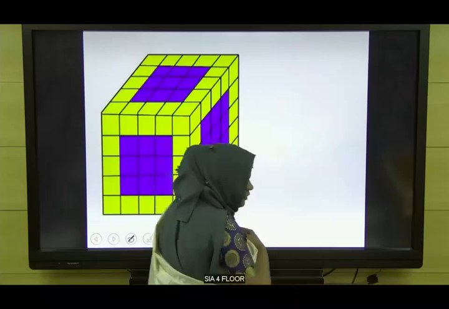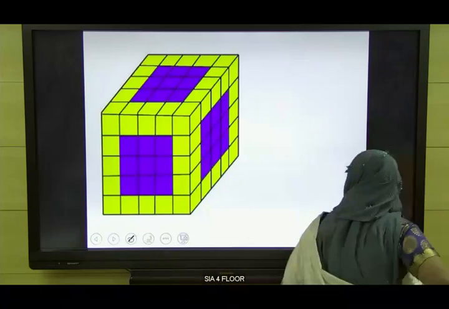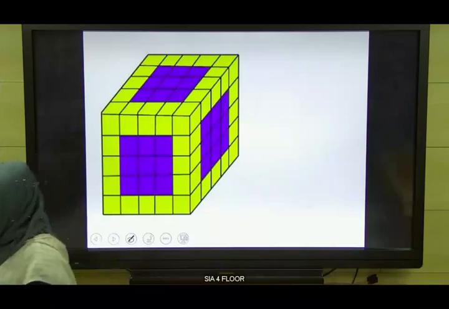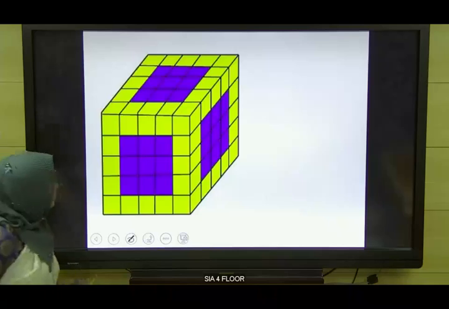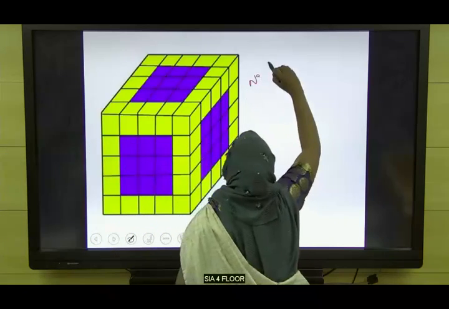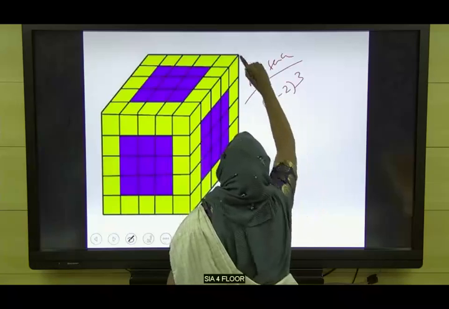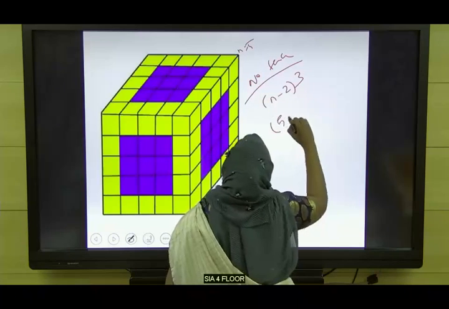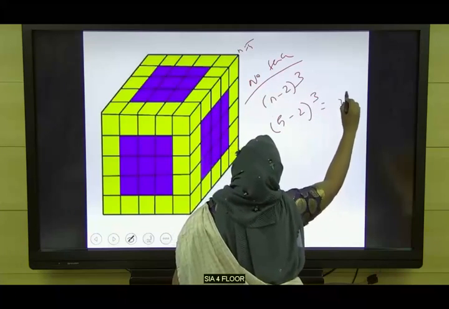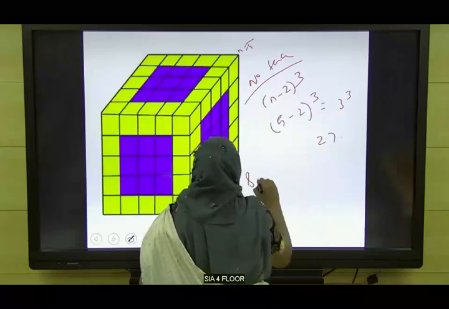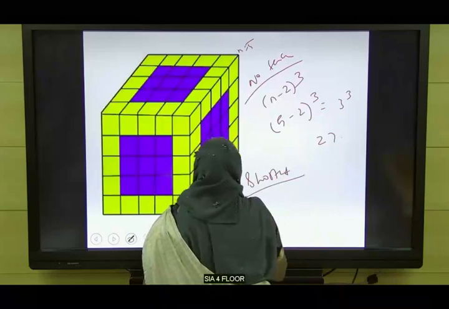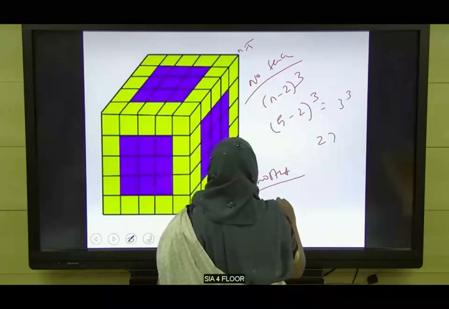Okay, I'll use the formula for no phase now. N minus 2 the whole cube. So n is equal to 5 here. So 5 minus 2 the whole cube, which is 3 cube, 27. This shortcut, the inner cubical block